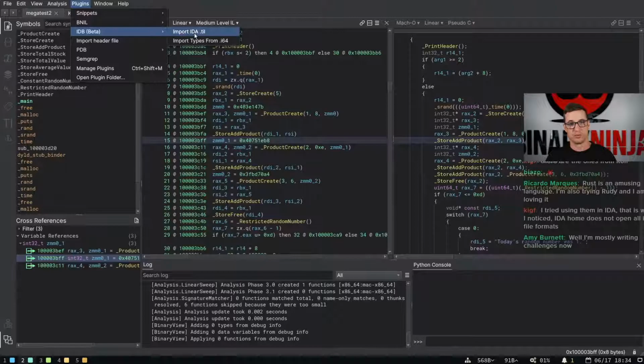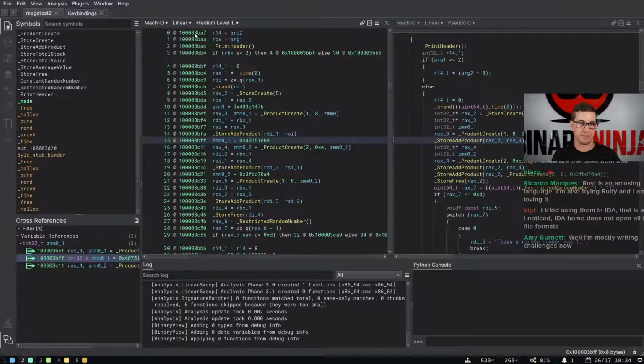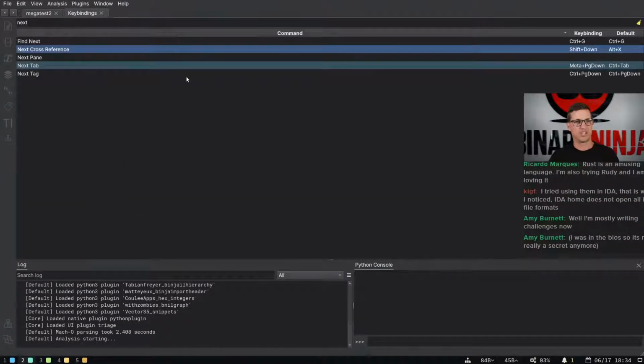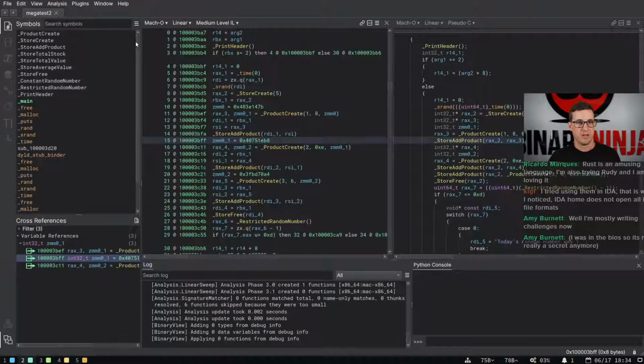I really do look forward to having that because I think there's a lot of, I mean, even Sergey, when you were doing your stream a couple months ago, I think we've got like 3 different fixes for the workflow. One is our type libraries are already improved. That's already done. 2 is Clang support for parsing type information, which is already mostly done. It's there. It's not turned on by default, but I think I've got in my themes the Clang parser. That's what I've been using. And so actually no, it is on in dev by default. It was just the stable release that didn't have it on by default. And then the third way that would have fixed the problem that you ran into was